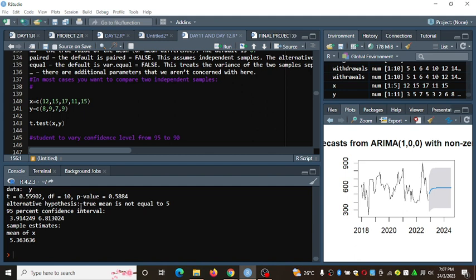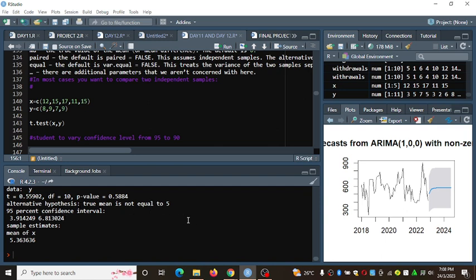The alternative hypothesis is the opposite of the null hypothesis, and vice versa. So we fail to reject the null hypothesis and conclude that the true mean is equal to 5.